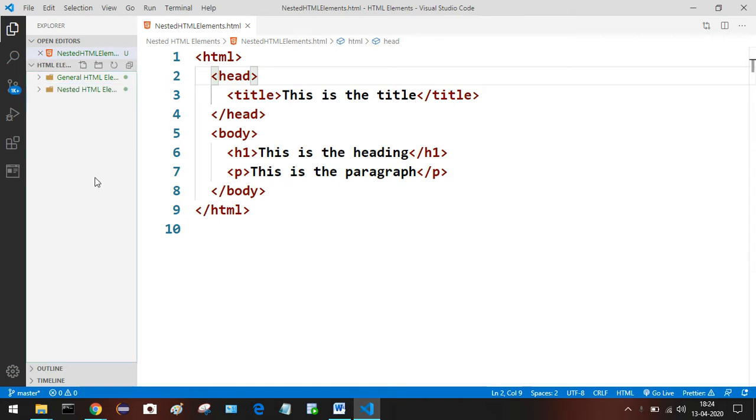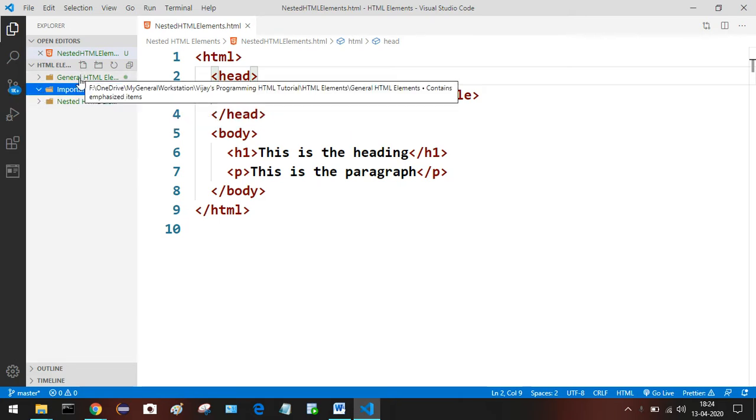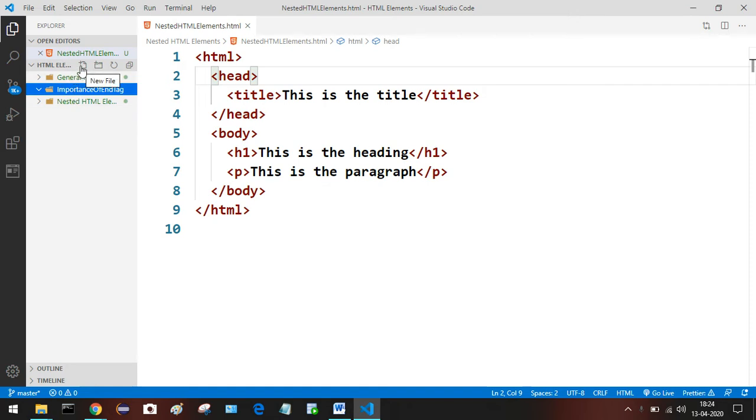Right click anywhere on the blank space of Explorer window, create a new folder. I'm naming it as importance of end tag. I'm expanding this node. I'm creating a file inside this importance of end tag folder called why we should not